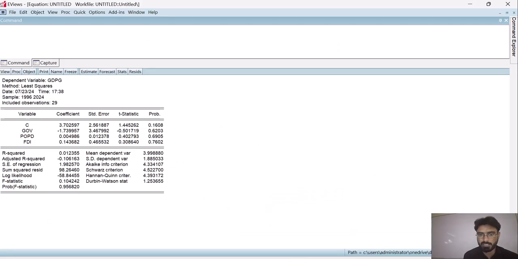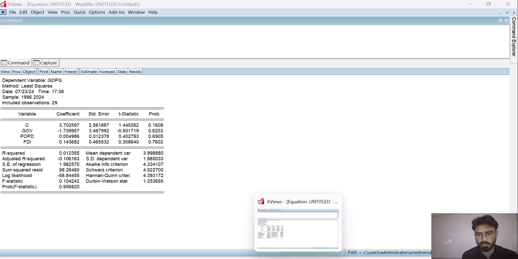But in this case our probability value of the F-stat is very much greater than 0.05. It is 95%. So it shows that our model is not well fitted, and that our independent variables are not jointly significant in affecting our dependent variable.